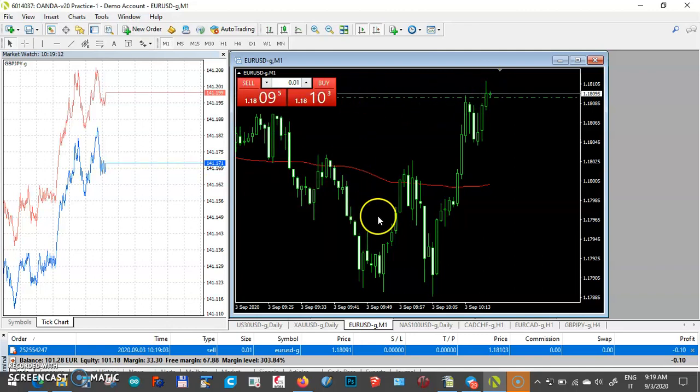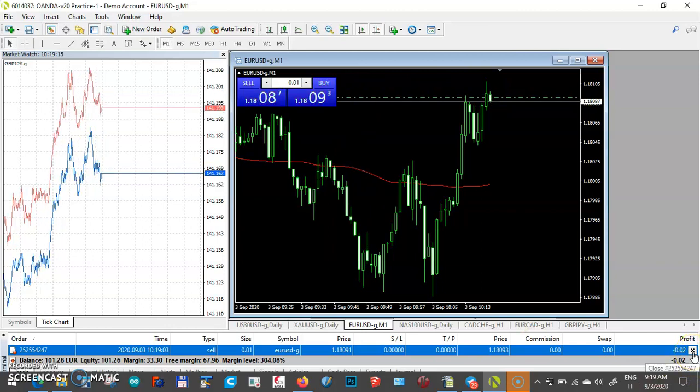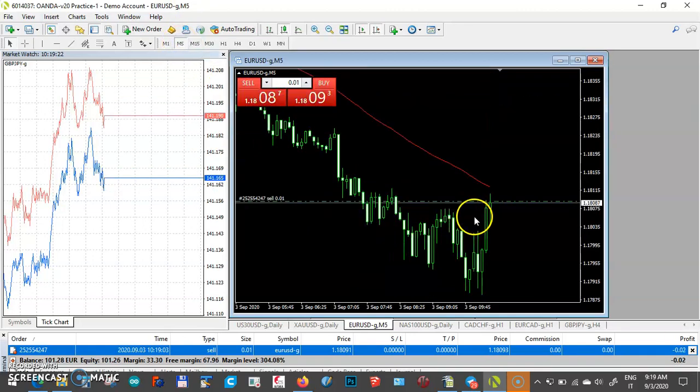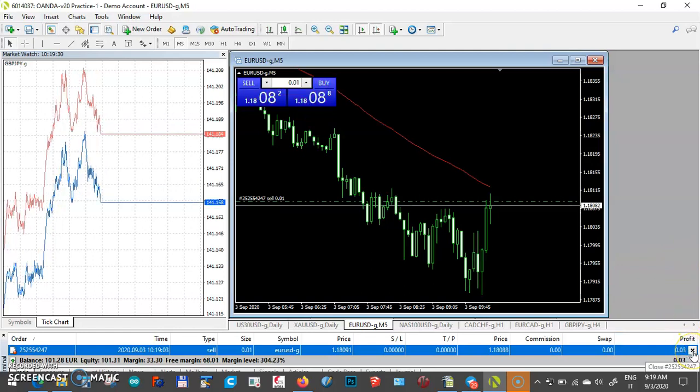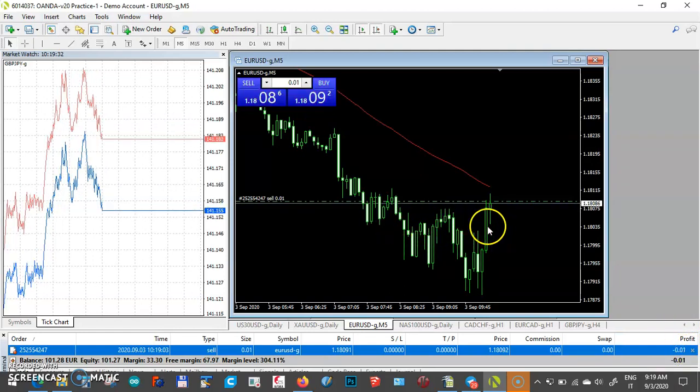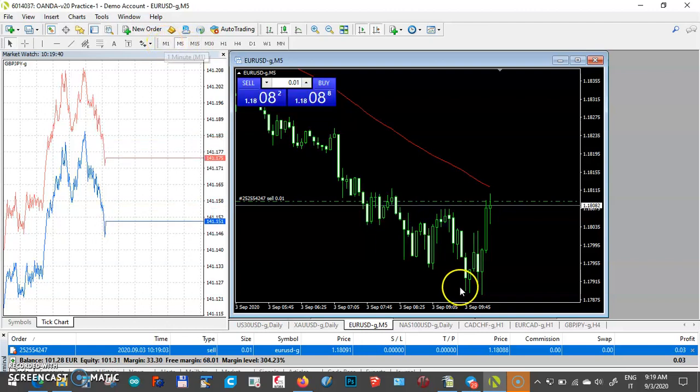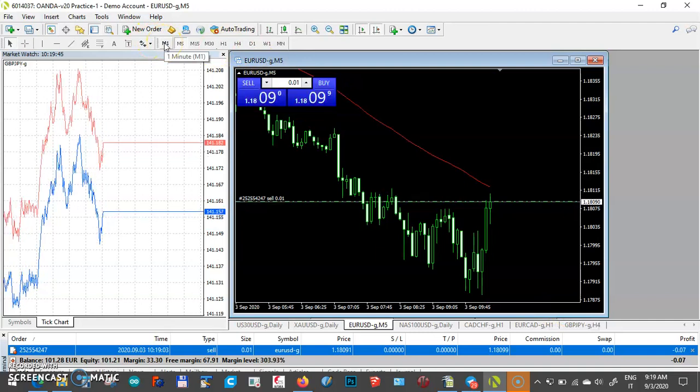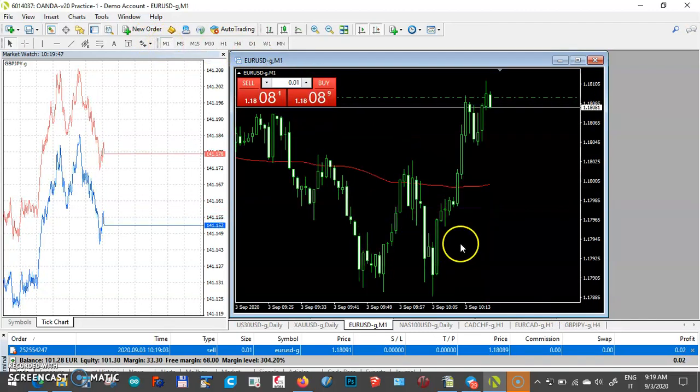Could be that it goes higher, but I'm ready to close this trade. I'm on the 5 minutes, and my target is here, but I don't see the movement that I like. I'm going to the M1 again to see what's going on,